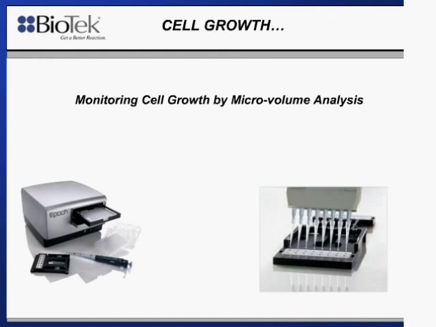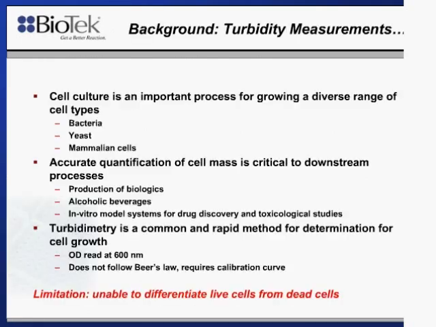So a little background on turbidity measurements. Typically, these are methods that are important. This method is used to look at several different cell culture types, be it bacteria, yeast, or mammalian cells. It's an alternative method to counting on the hemocytometer. It's much quicker, and it's an accurate method to quantify cell mass,